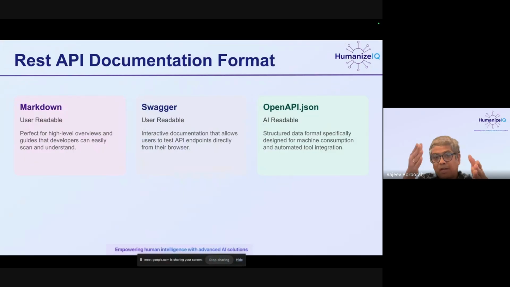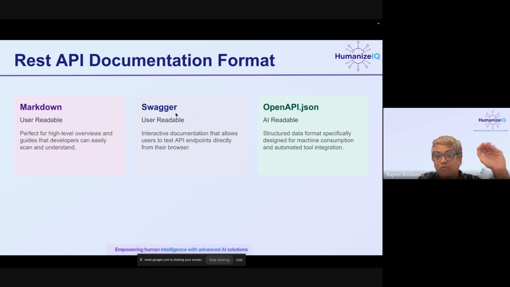However, you also have the ability to create automatic documentation by using Swagger and OpenAPI. What that means is that you can actually create the stub for your application. Remember, after your high-level design, you have already created your project stub. That means that you can go to your project stub and say that, okay, create the API with this input and this output. It will actually create the empty mock API, and you can deploy it, and that Swagger page can serve as the documentation. The advantage of that is that it will also create an openapi.json documentation, which is used by AI. So openapi.json is what AI is going to use in our environment to work with the API.